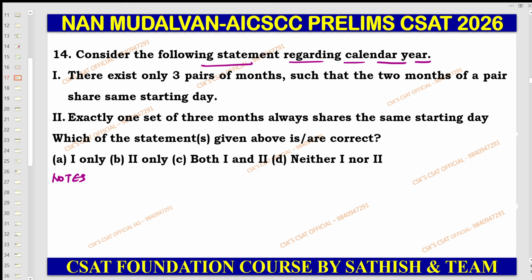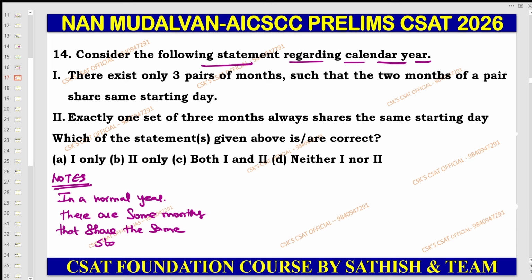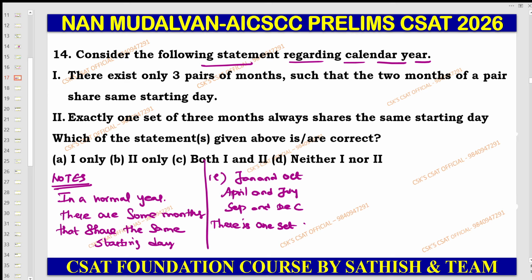Let me give you some notes. In a normal year, there are some months that share the same starting day, that is January and October, April and July, September and December. Next, there is one set of